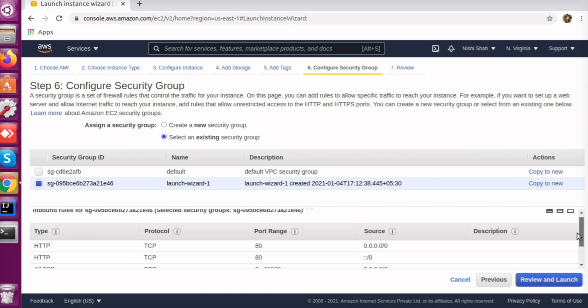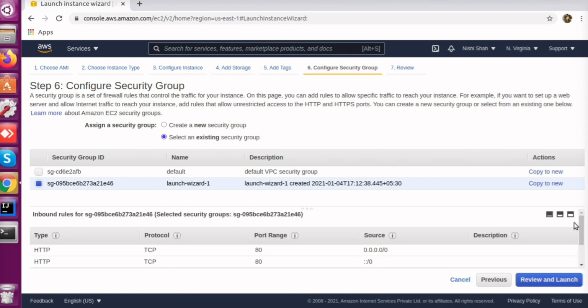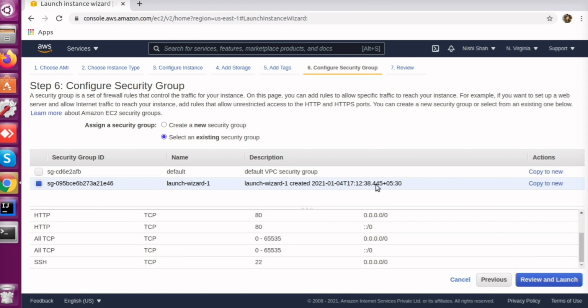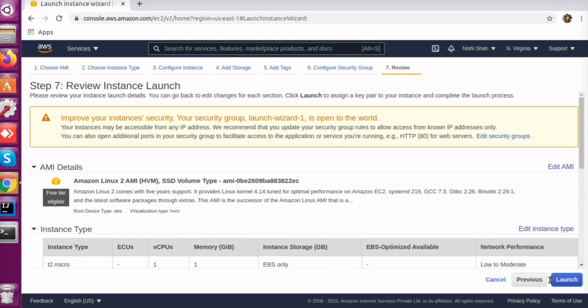So these are required for hosting a website from 8080 port. So I'm selecting the existing one, then review and launch.